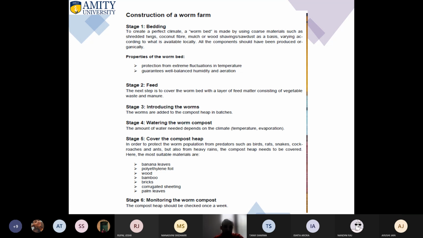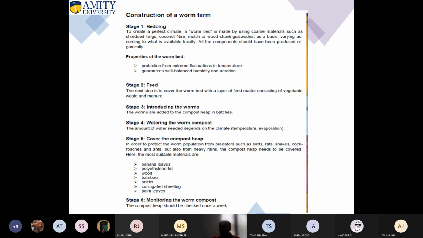Now, keeping aside the composting methods, you just need to take care of the temperature. That is very important. Worms grow very well if the temperature is close to 25 to 30 degrees Celsius in countries like India. That is a very ideal condition for them to grow. It can be a bit lower or higher, but make sure it doesn't go more than 30, 32, or 33 degrees Celsius, because फिर अंदर मिट्टी गर्म हो जाती है and worms start coming